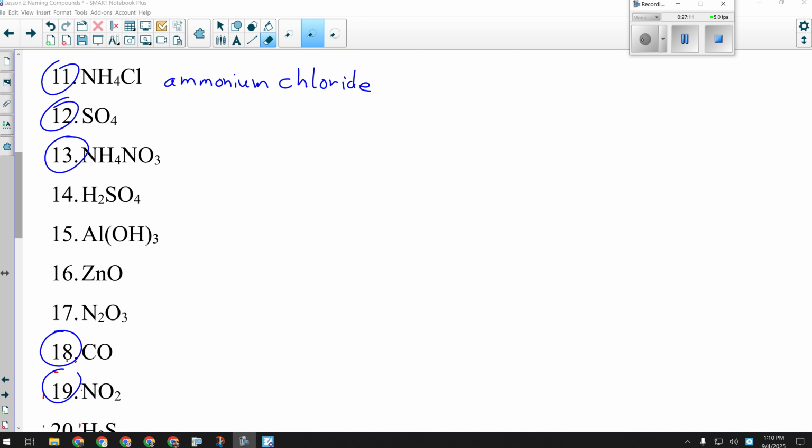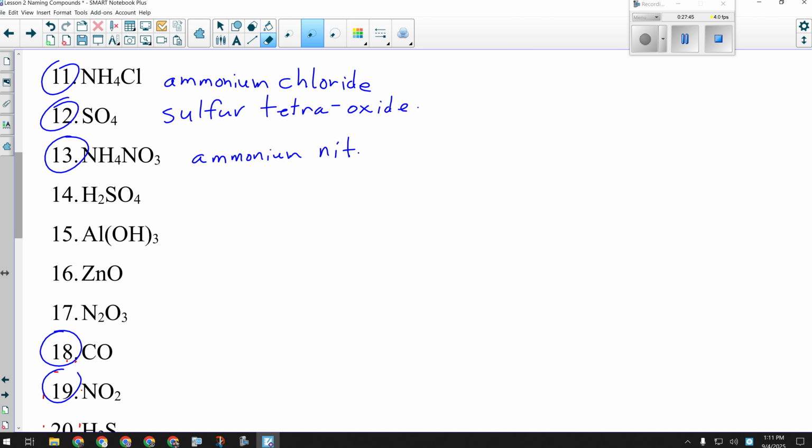Okay, so this stuff will be sulfur. I don't need a prefix in front of that because there's only one, but what prefix needs to go in front of oxygen? Tetra. So this will be sulfur tetraoxide. Okay, 13. Ionic or molecular? Ionic. That's ionic, yeah, okay, because it's ammonium again to start, and it's with nitrate. Okay, so this is ammonium